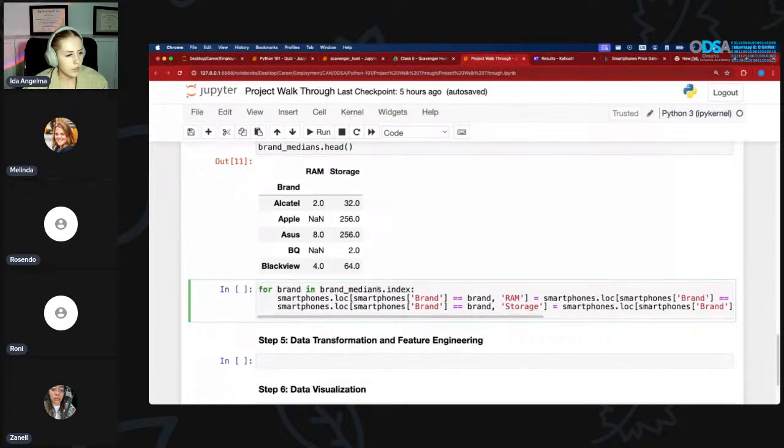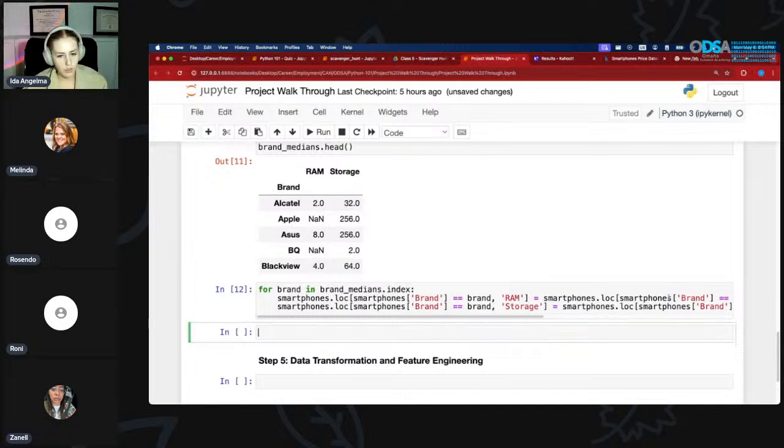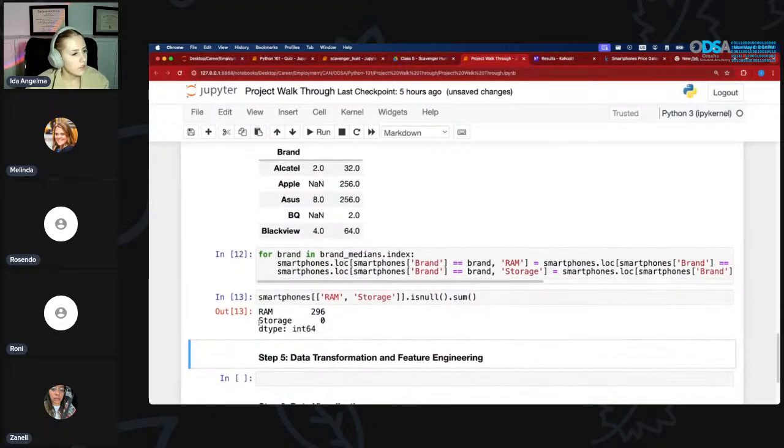So let's run this. No errors, we like that. And then we'll make sure that, well, we know there are going to be some null values, but let's see how many null values we have left. Is null. Okay. So for storage, we were able to fill in all the null values. For RAM, we still have 296 values that are